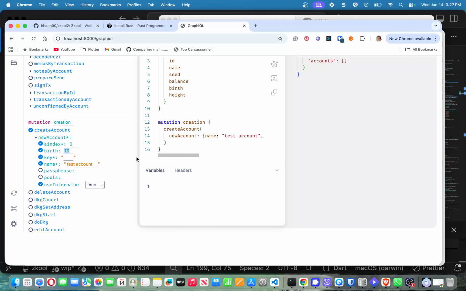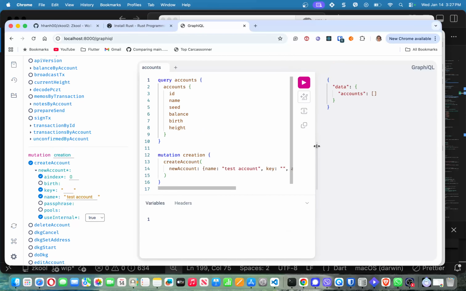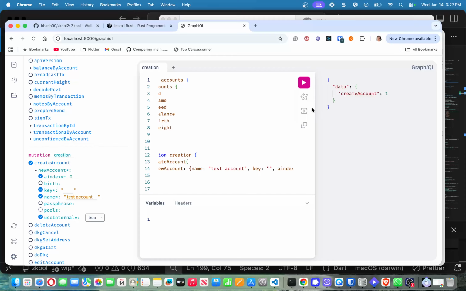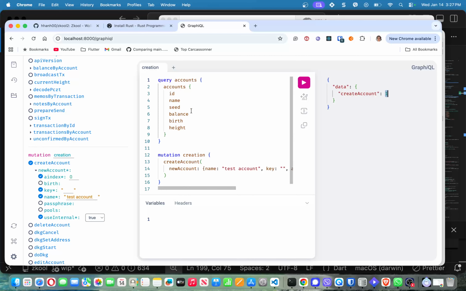okay, the birth. Well, if I don't set the birth, it will give me the current block height. Then that's my mutation. I can prettify it. Okay, that gives me this, and then I run it. The creation gives me the one here, which is the ID of the new account. So if I run this query again, the accounts query,